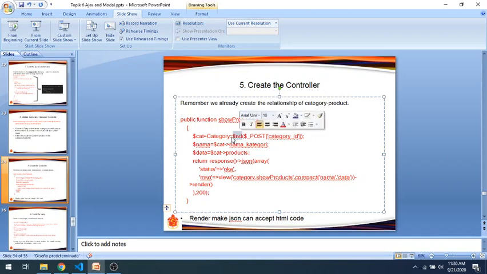Okay, about find, it is already shown in advanced query. After this one we have a category record, category data. We can get the nama category here, and we can get the product data here.